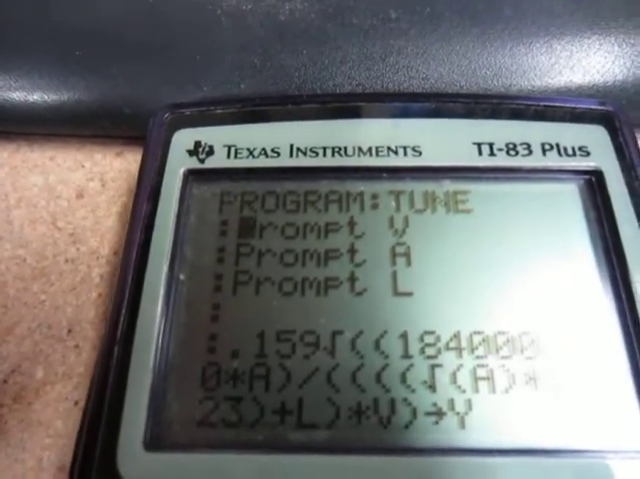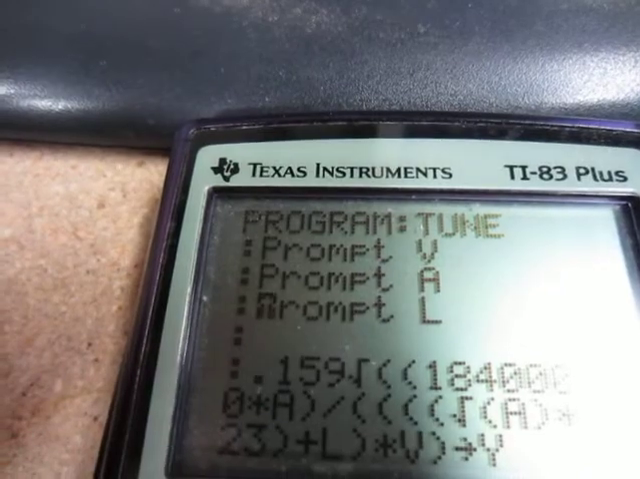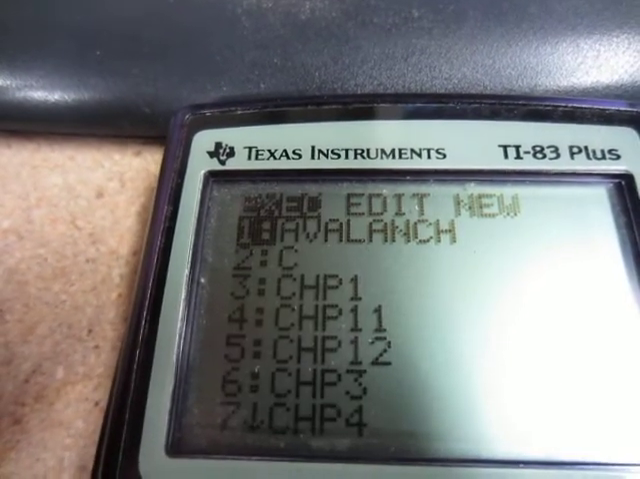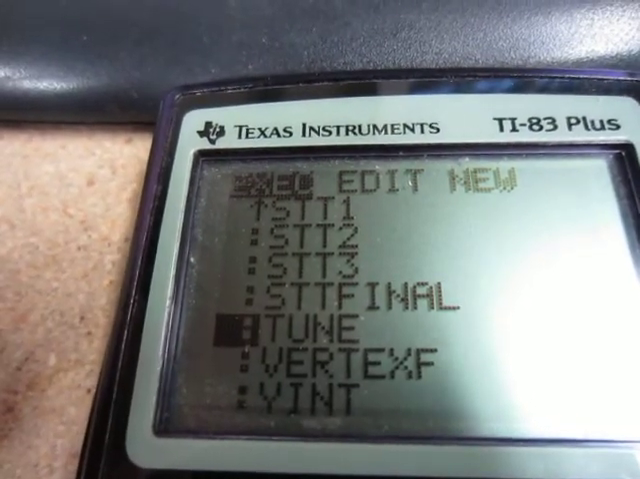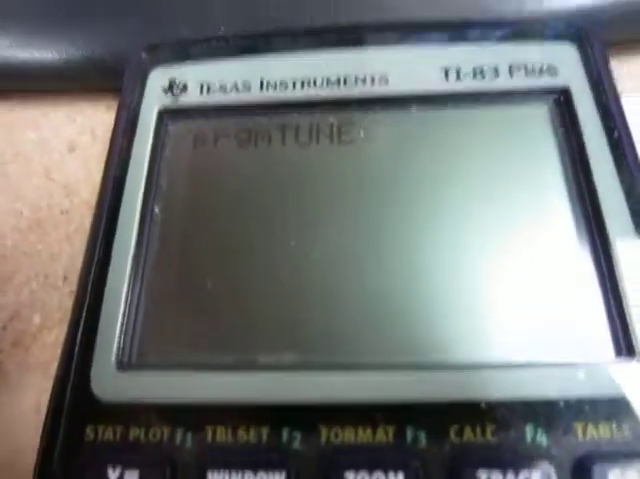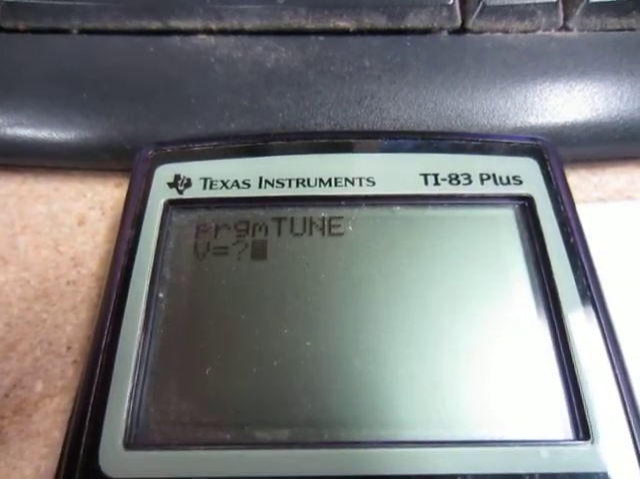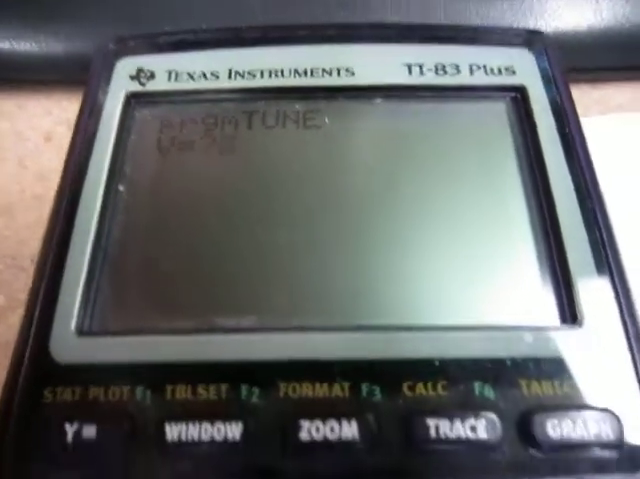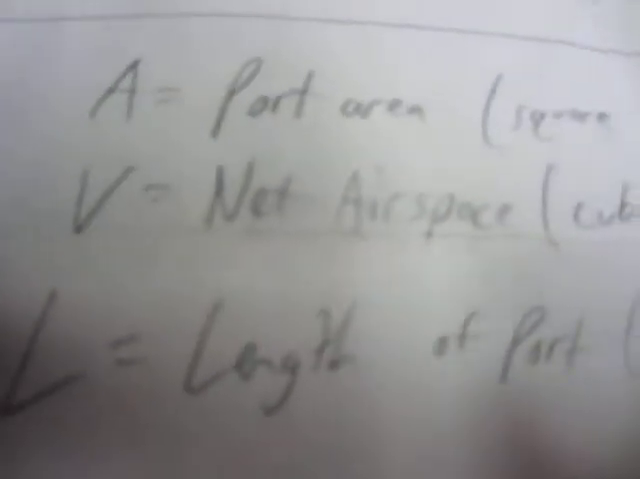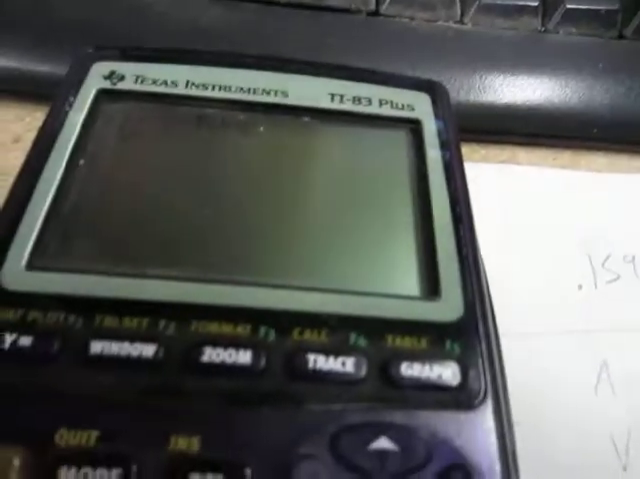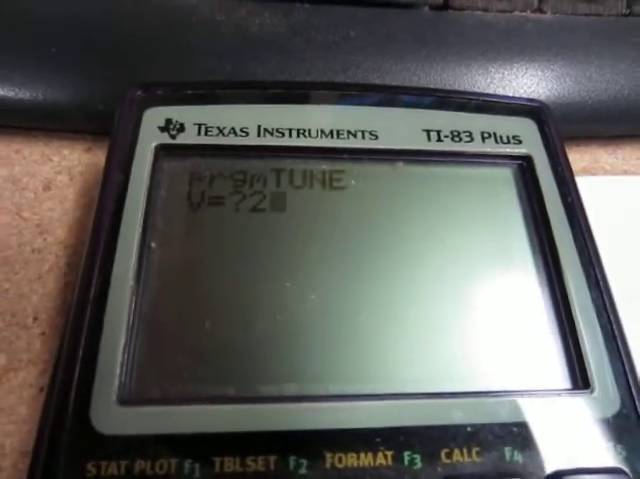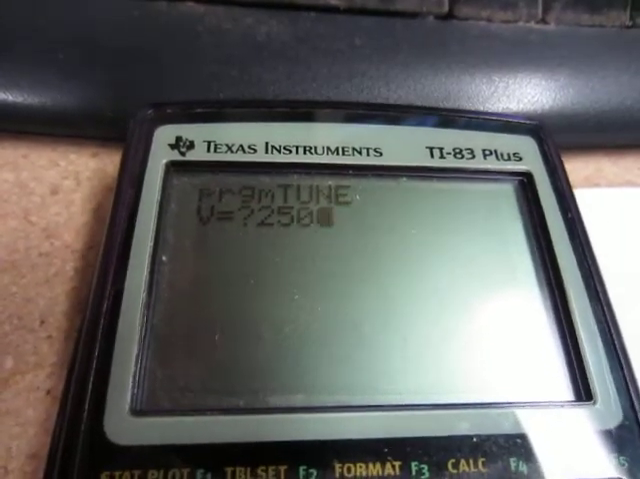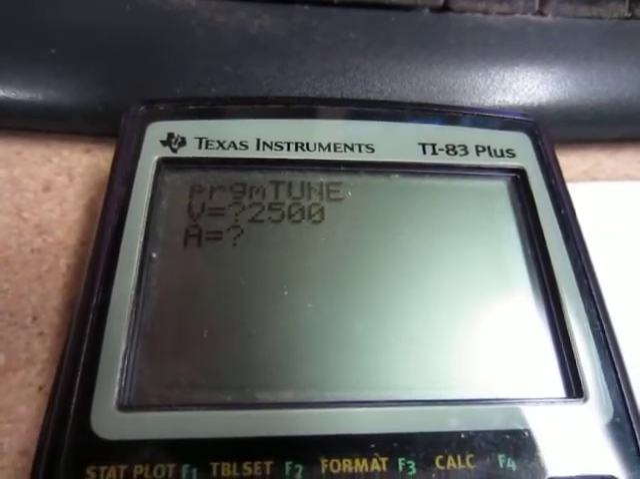As long as it looks all like this, you're definitely going to want to double check by going to the program and highlighting it to execute. Then it'll be sitting there. Going to hit enter again, and then it's going to prompt V, which is actually your cubic inches of net airspace. So just for sake of display here, I'm going to go just 2,500 cubic inches net airspace, and then